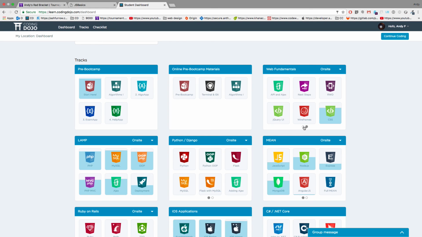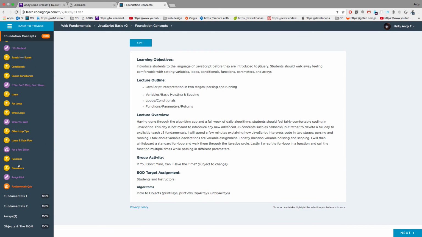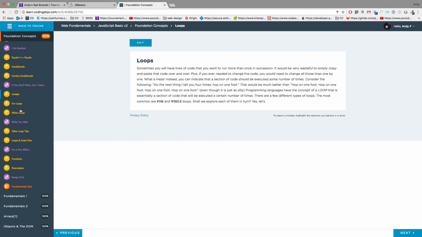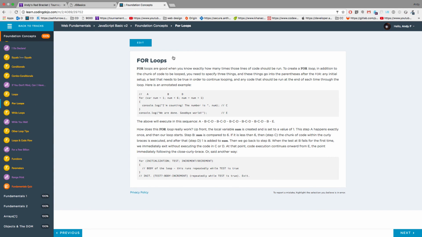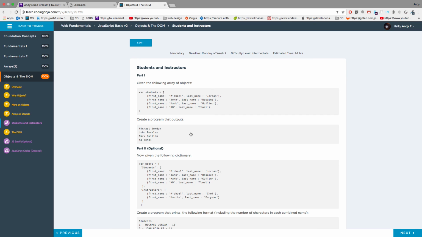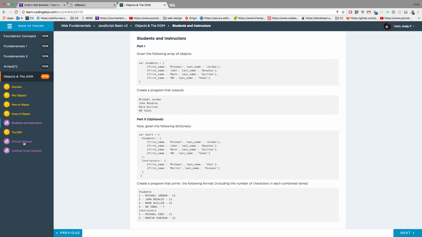For today, there is a lot of reading. As you can see, there's a lot of reading, but the good thing is that each of these things are kind of short, so you can breeze through these very quickly, right? So we want to get through all of this stuff, and by the end of today, the goal is to get students and instructors done in the JavaScript, right? And if you do have time, these are pretty fun.